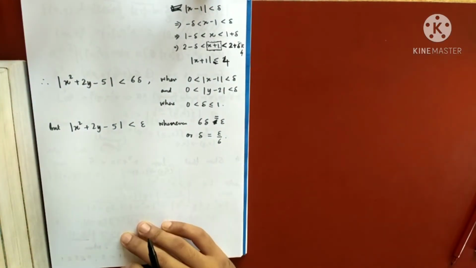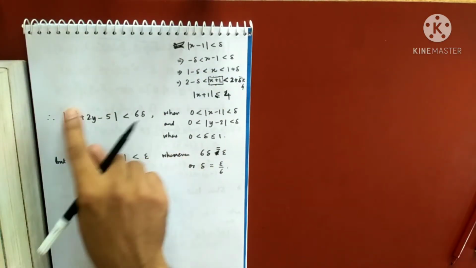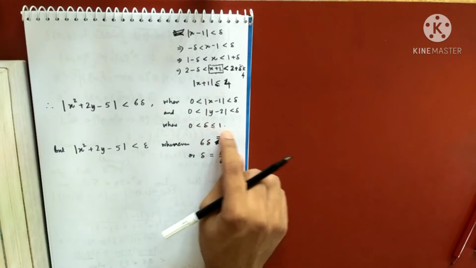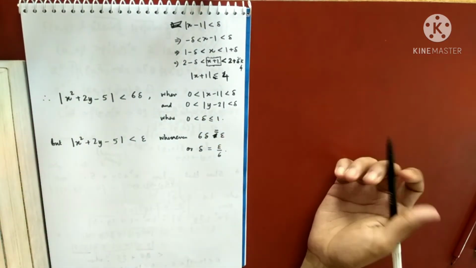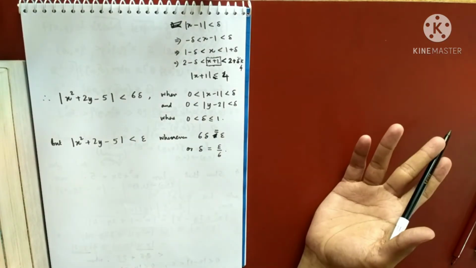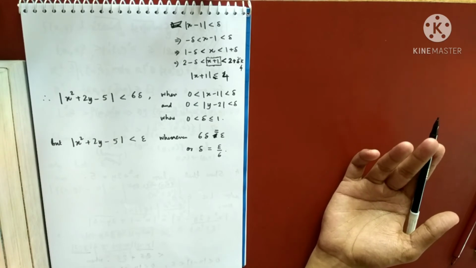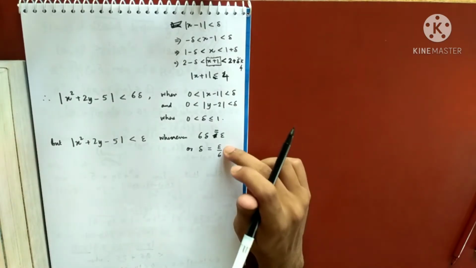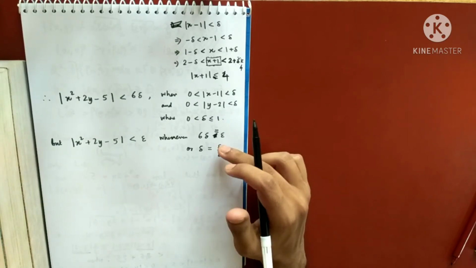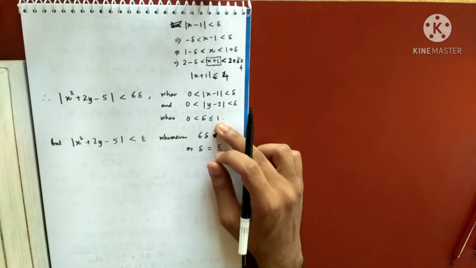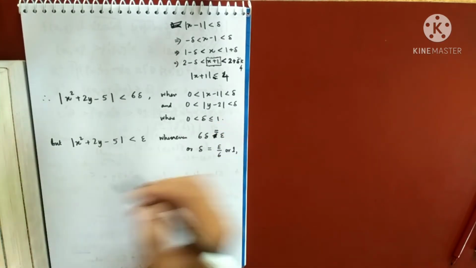Now one more thing is there to understand. I am assuming that this condition holds when delta is less than or equal to 1. So in that case, if epsilon is a very big quantity, usually we take epsilon to be very small, like 0.001, but epsilon can be a big number also. What if epsilon is a very big number, like epsilon is 100? In that case, 100 by 6 is not less than 1. So you choose delta to be this or 1, whichever is smaller.